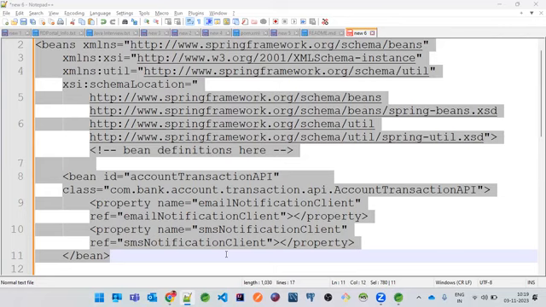Got it, Katasani? So AOP is very old. No one is using it. There are so many alternatives that came into the market. Let's say there is a Spring Framework already in the market. Why did Spring Boot come into the market? Spring Boot and Spring Framework both belong to the Spring Framework organization only. But what